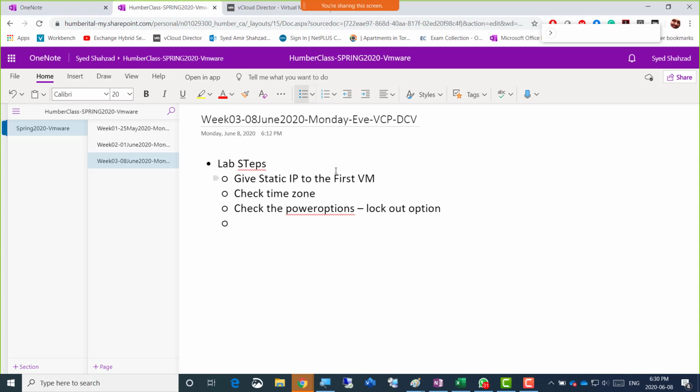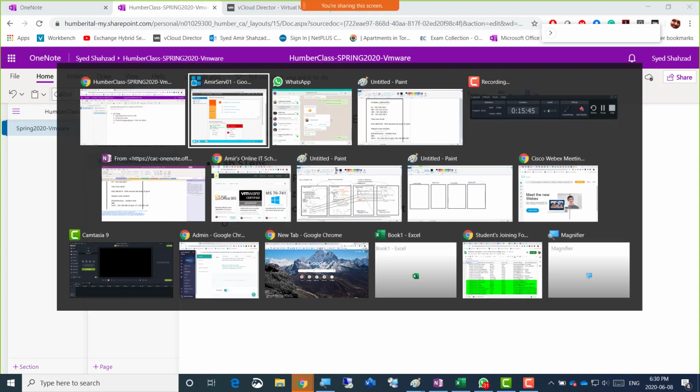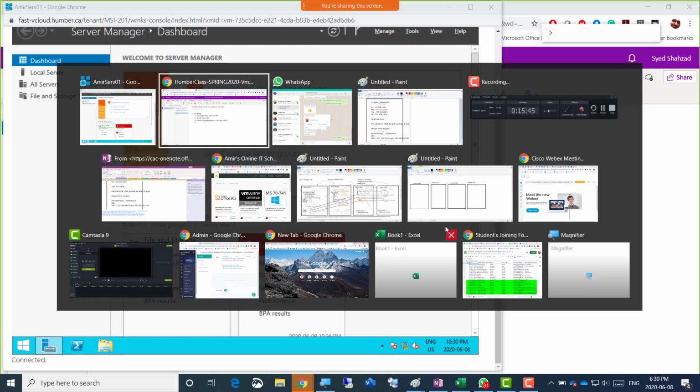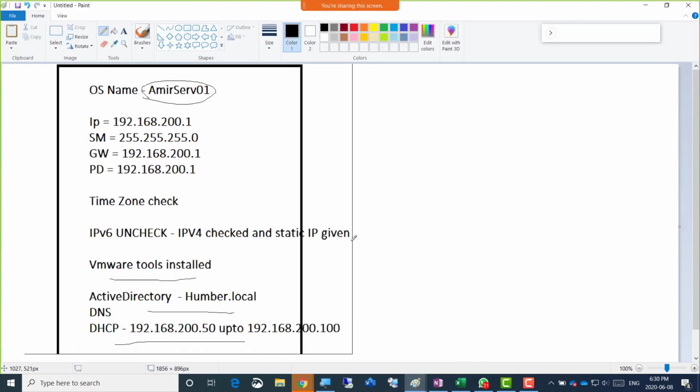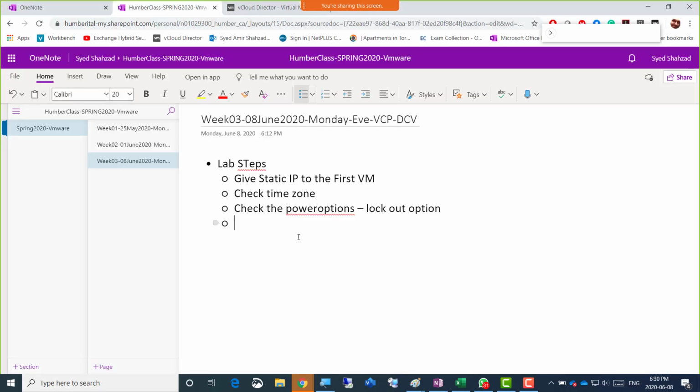So other than the static IP, if we go back to the steps mentioned in that diagram: time zone check, VMware tools already installed, yeah, that's it. Then we basically rename the VM and restart. Now before you restart, rename the VM and restart, right? So after that, before logging in,